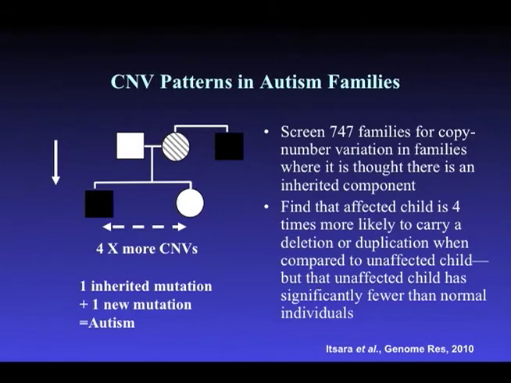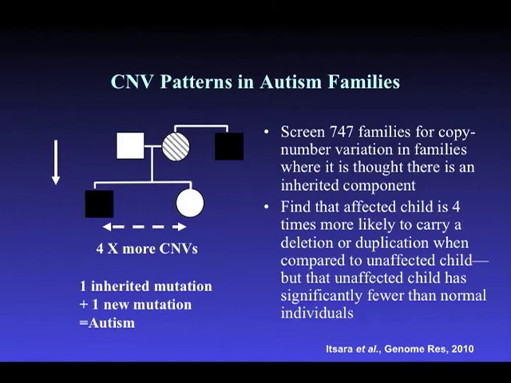And so we screened 747 families with autism, which were considered to be multiplex by that definition. And then look in this generation, comparing the affected individual to the unaffected individual, and ask a very simple question. Is there a difference in the number of de novo CNVs in the affected individual with respect to the unaffected individual? And if you think about that, that's kind of a backwards experiment, right? Because geneticists have already determined that this is an inherited predisposition to autism. And what we're looking for is sporadic mutations to be different between affected and unaffected kids from an inherited family with autism.